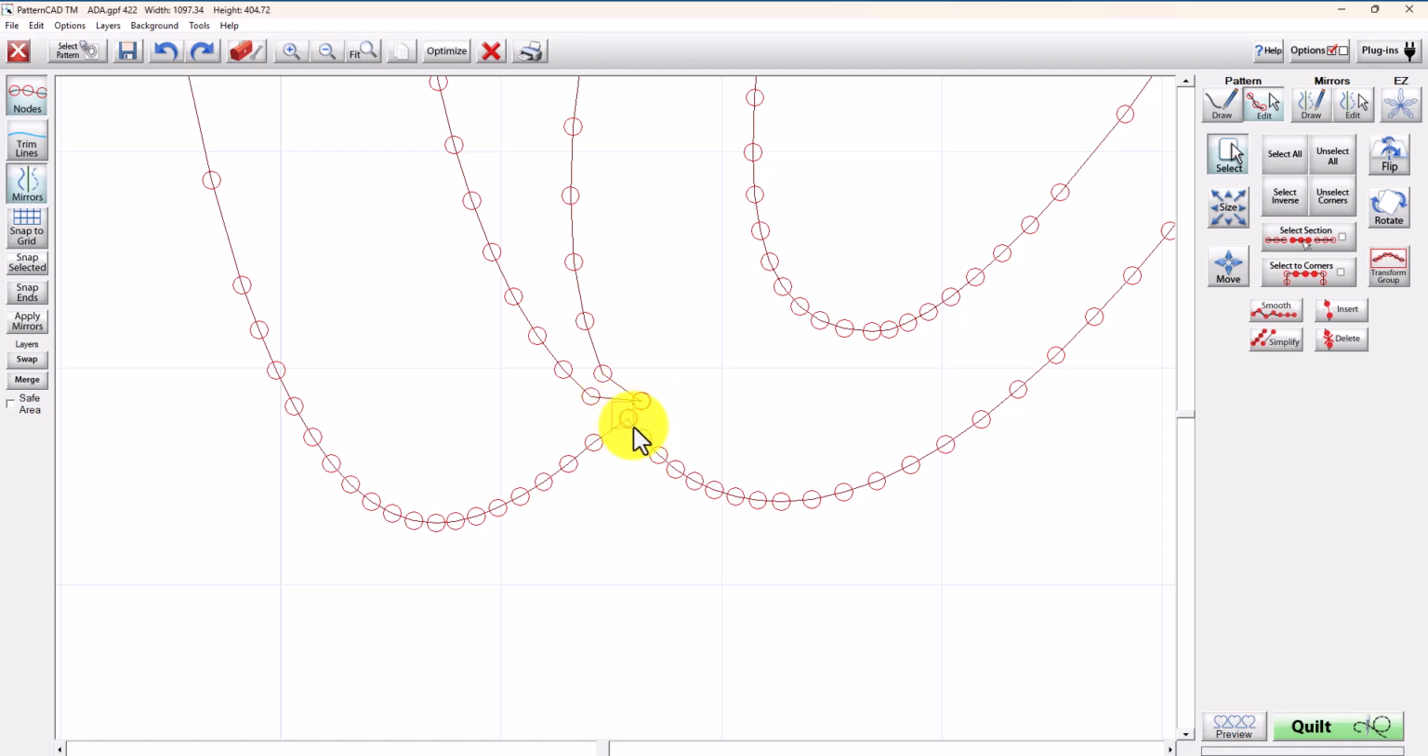So I'm going to highlight the two on the bottom, the two nodes that are almost stacked on top of each other, but not quite. And I'm going to snap those two selected ones together. And then I'm going to pull these two over on top of it. And I'm not going to snap them together quite yet. Okay, I'm going to unselect all, and I'm going to go into my optimize,